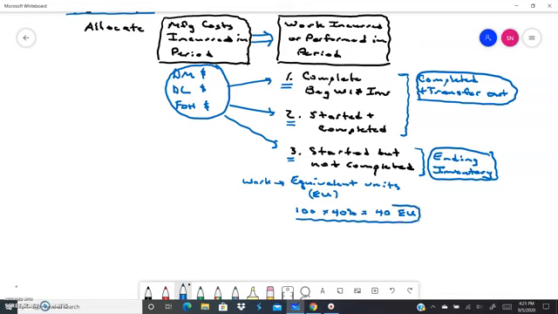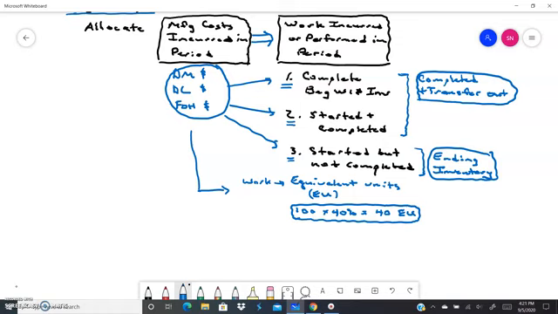So that's just an example of how we're going to do it. So if we did 60% of the work, we would have done 60 equivalent whole units of production. So that's how we're going to measure the work. So basically, we're going to allocate those costs to the equivalent units of work performed. That's how we're going to basically do this. Okay? Now there's going to be a couple